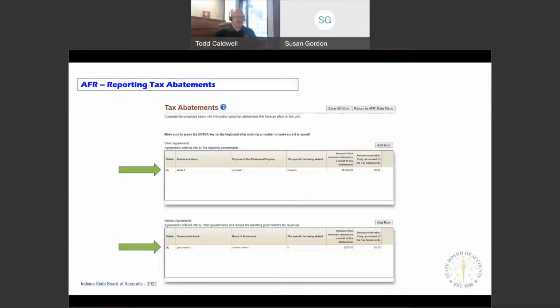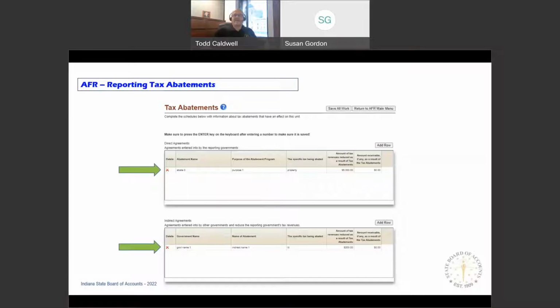And this is how it's going to look when you get into the annual report itself. When you answer yes, it will generate a section called tax abatements, and you'll need to complete that. If you get there and you go, wait a minute, we don't have any tax abatements, then you need to go back to the unit questions and change your answer, because if you answer yes to that unit question, it's going to generate this section. And if you answer no, you won't see it. So if you answer no, but you do have tax abatements and you're looking for it as you're doing your report and you wonder where it is, it's because of how you answered the question.